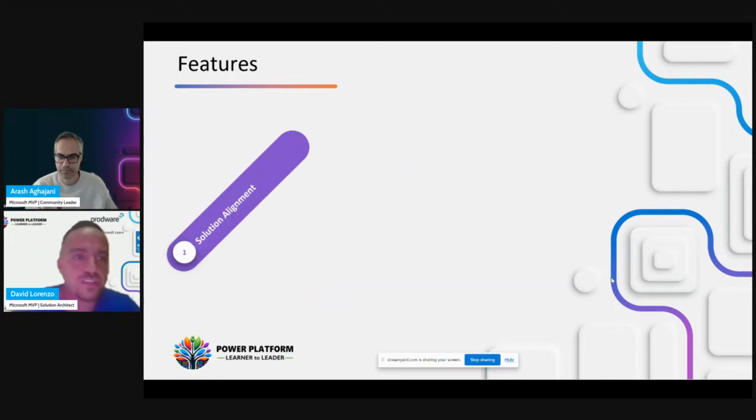Okay, some of the features I want to mention are solution alignment. What this means is that we are developing a solution in the development environment, and we want this solution to get deployed to the testing environment or production environment. But we want no difference in the solution content between the different environments.